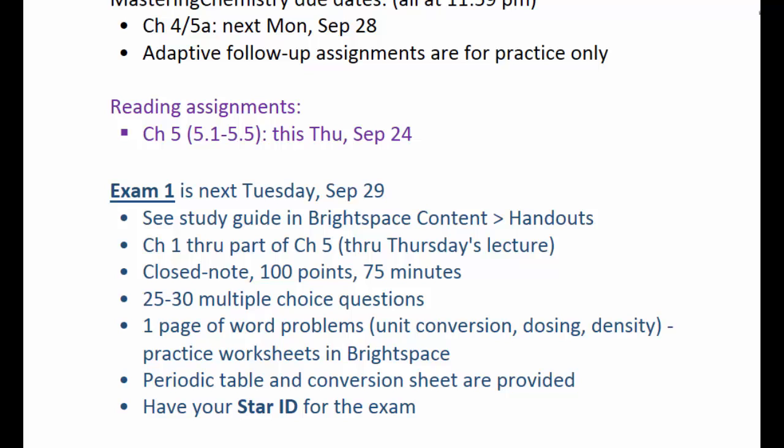You will be provided with a periodic table and with the conversion sheet, so same one you've been using all along. Please have your star ID with you. You're going to need to fill that in on the exam. We're going to use the digits from your star ID on the Scantron as a way of identifying yourself for the machine rating. Let me show you just quickly